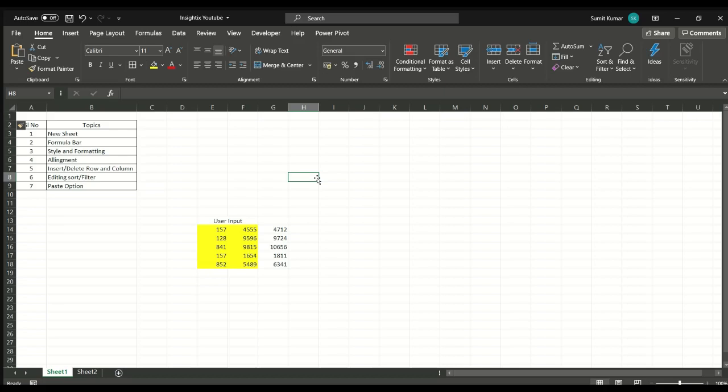Today we will be learning about the basics of Excel, which can help you in formatting and handling the data in your future and in your course as well. I have listed down few topics over here, which we'll be discussing today.